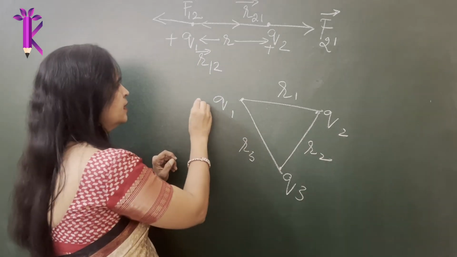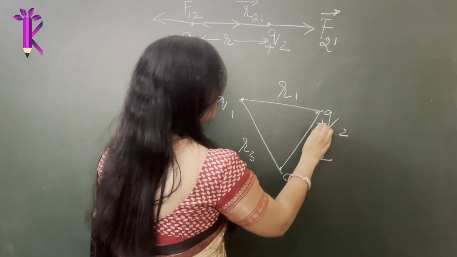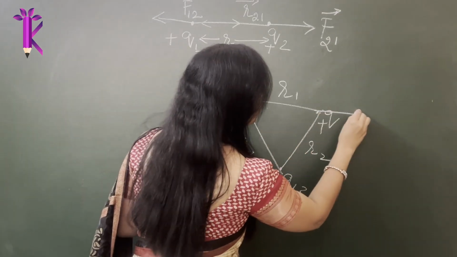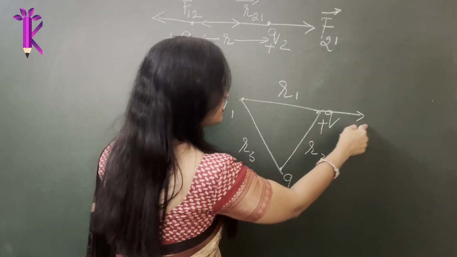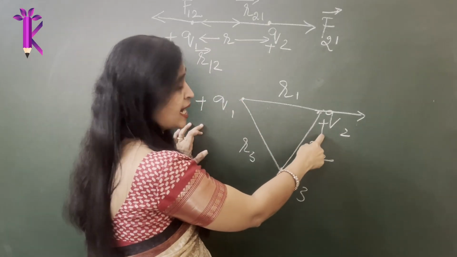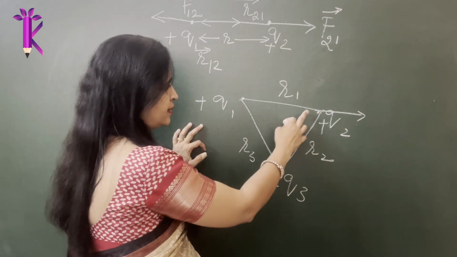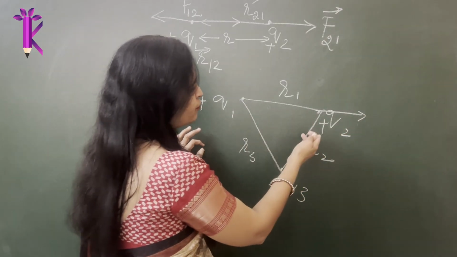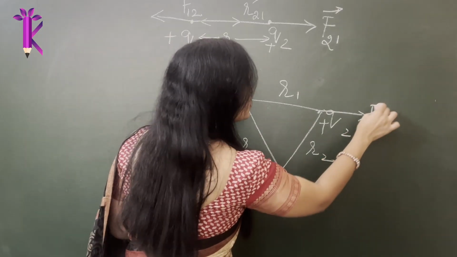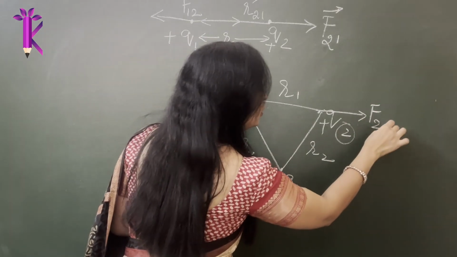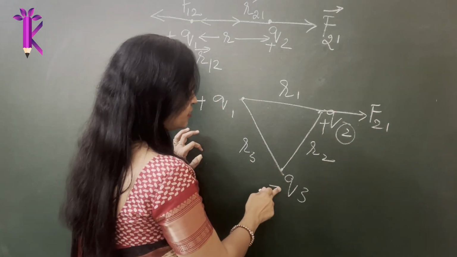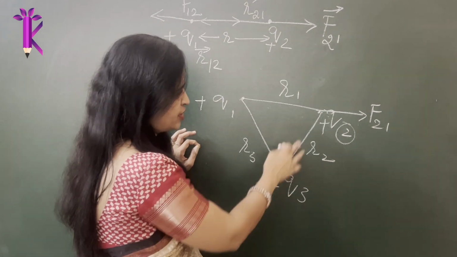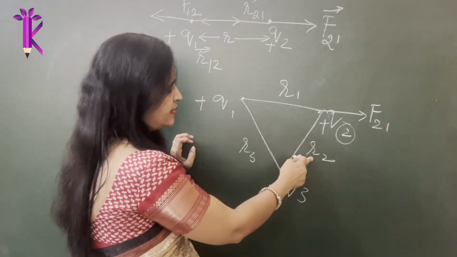Now imagine this is plus, this is minus. So this force exerted, what will this force be? It repels in this direction because both of them are positively charged. Obviously they are going to repel away from each other. It is going to move away from the direction of Q1. So this force is force experienced by 2 due to what? Due to 1. Similarly, this charge 2 will also experience some force due to Q3, which is there in the vicinity, placed at a distance R2.